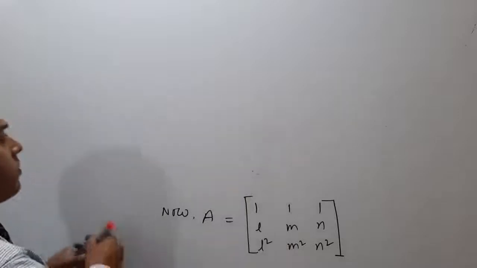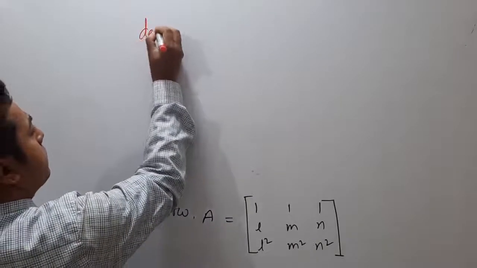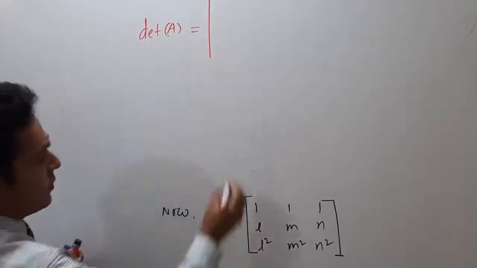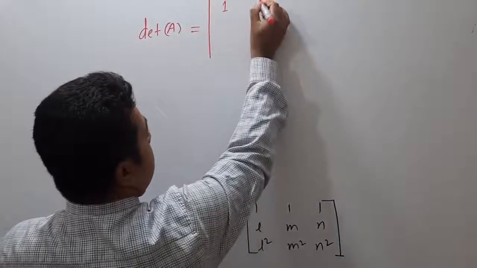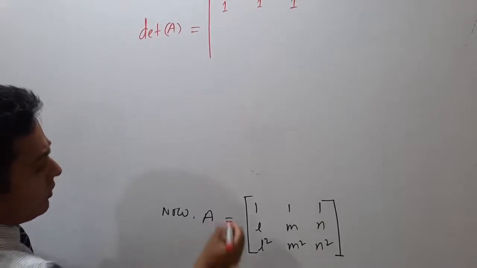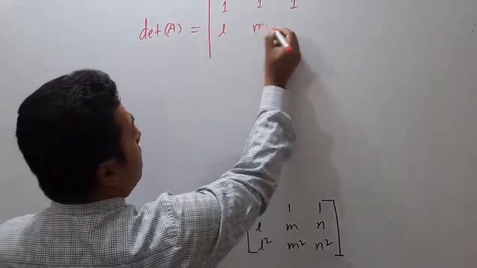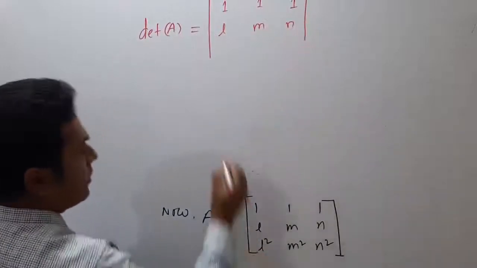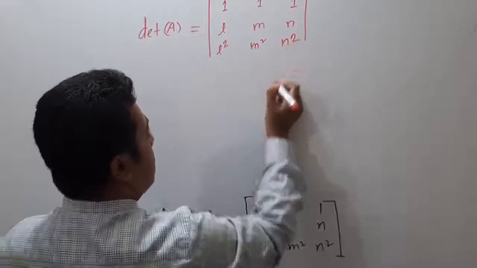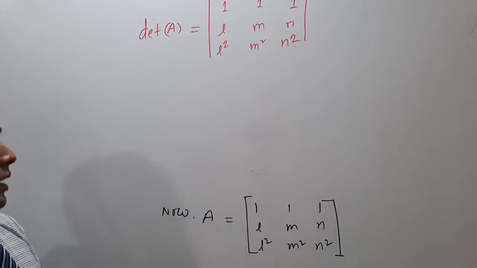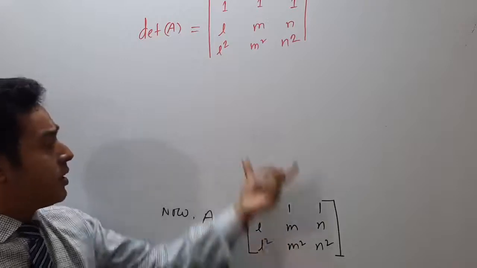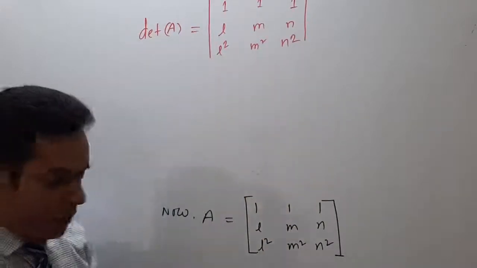Okay, now the determinant of A is equal to 1, L... Here the determinant of A is this. This is a matrix, and the determinant is denoted this way. Okay, now